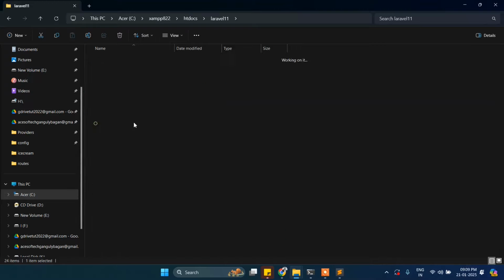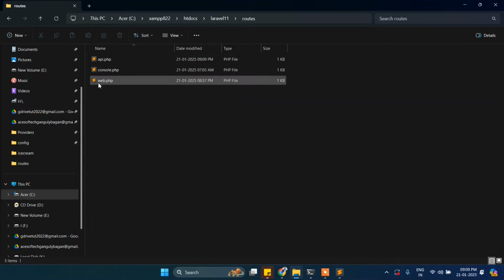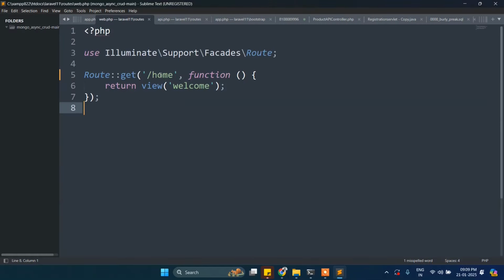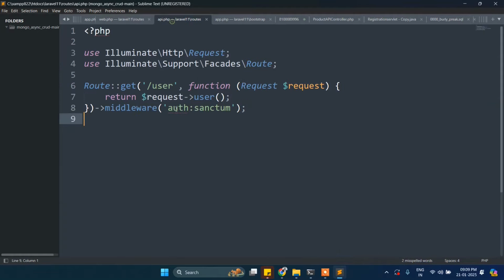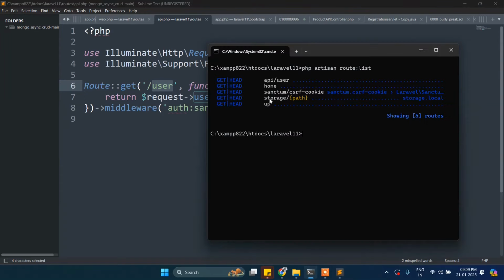Inside the routes, it's web. So inside the web we have one home, that one is displaying, and in API there is one user and that one is displaying. So that means both are available here. Now if you want to check,